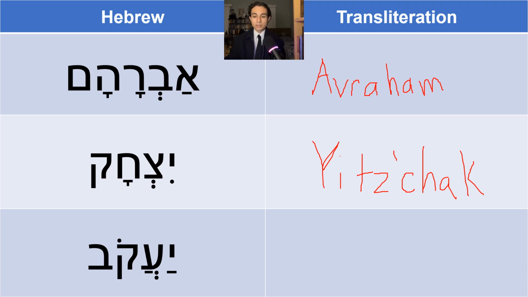It's just Yitzchak. Yitzchak. This is actually one of the hardest names for me. When I was first learning these, I could never get the tzadi and the chet sound back to back. It was so weird for me. Yitzchak. Yitzchak. And then we have